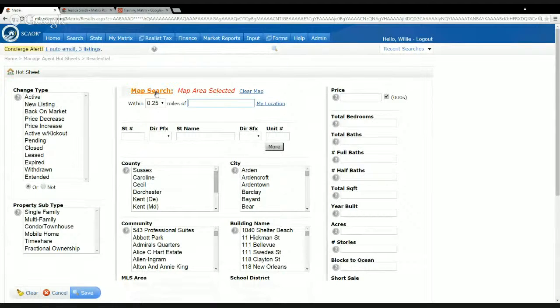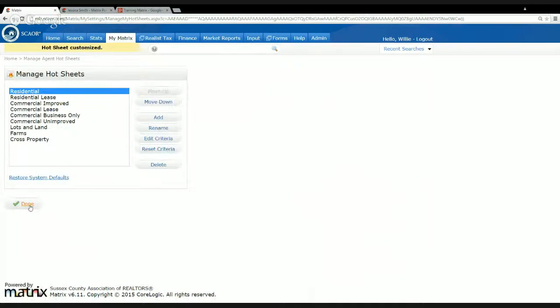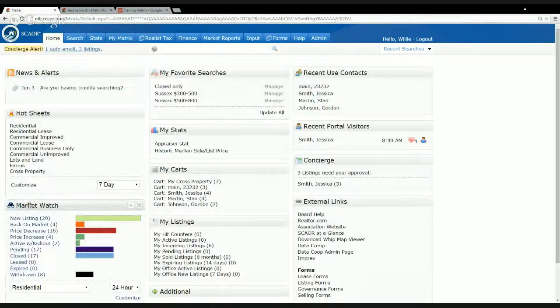I can even come up here to the map search. Let me get rid of what I already have, and it brings up the map. So I can actually geographically design this is the part of town that I work. This is what I want reflected on my hot sheet. And if I'm looking for certain priced homes, I can add that criteria, that type of thing. When I save it, my gadget on the home page, my residential gadget, is going to represent